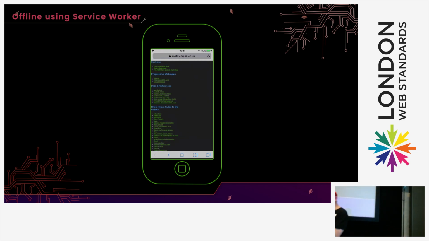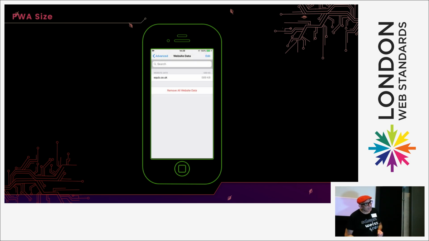And that's because the service worker just says, cache these pages. And I've given it a list of all of the pages in the website. And I can do that because those pages are just text and they're about 2 kilobytes at the most for all of them. So I've now got this thing that works when I'm lost in space. On there you can see the total size of my website is less than half a megabyte. And I think there was 78 pages, and that was the whole thing.